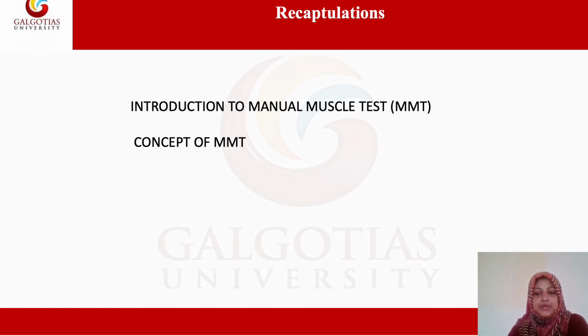So in today's lecture, we will discuss manual muscle testing, the basic components of the motor examination. Then we will see how we do the manual muscle testing and what the purpose of doing it is. Then we will also look at individual versus group muscle tests, how we perform them and how we compare individual muscle function with group muscle action. Then we will see the purpose of performing MMT. So let's begin.